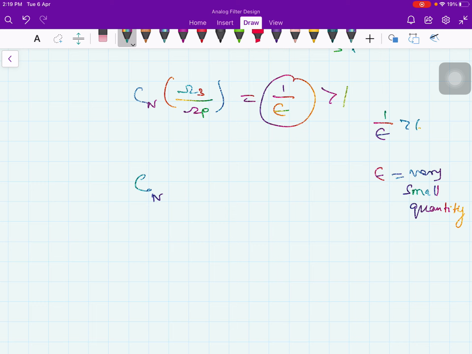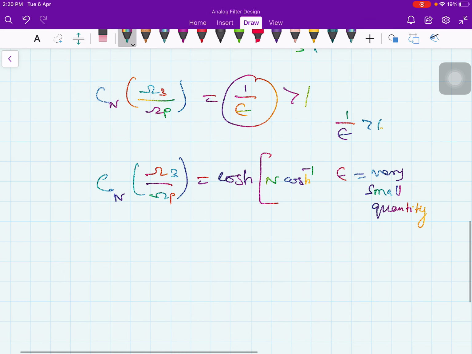This is greater than 1, therefore Cn of omega 3 by omega p I must use cosh function. Okay, so cosh of n cosh inverse of x. Instead of x I have this parameter